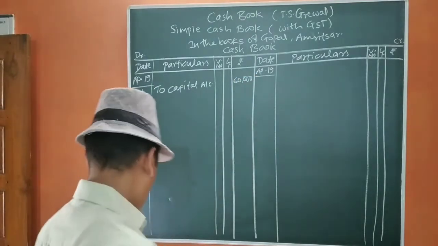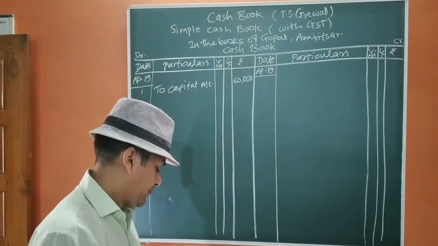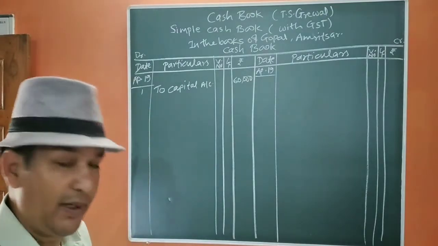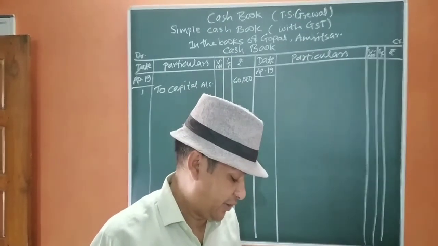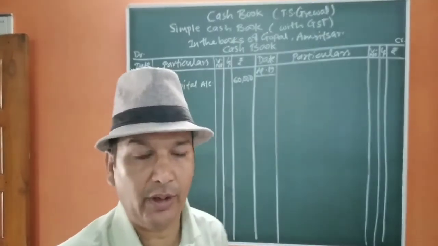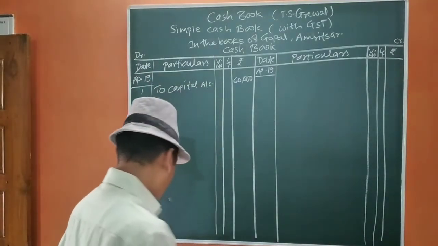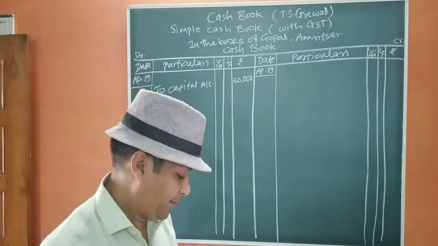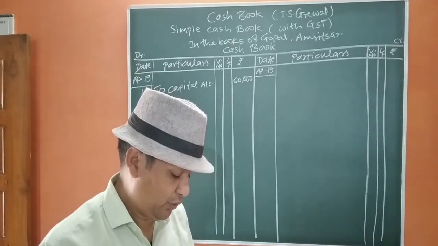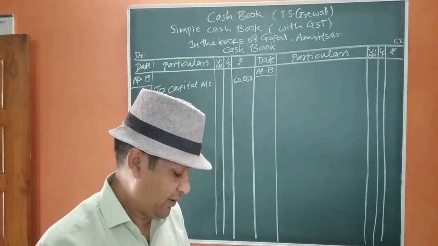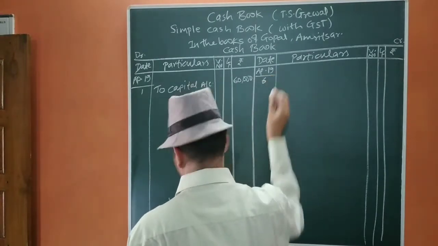Then April 4, purchase following assets for the business: computer, furniture, machinery plus GST at a rate 6% each, paid by check. If you see all these things, it is purchased from bank, so we are not going to enter it. Okay, now we move to transaction April 6, purchase goods of rupees 40,000 plus CGST and SGST at the rate 6% each from Bhushan, Amritsar, half of the value paid in cash. Okay, so let us start.